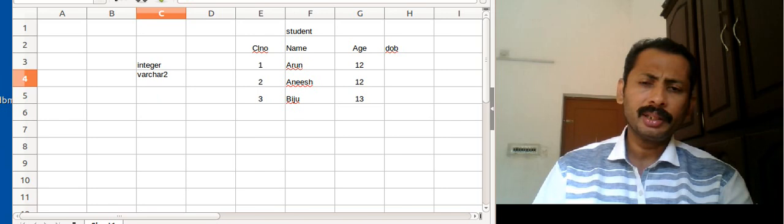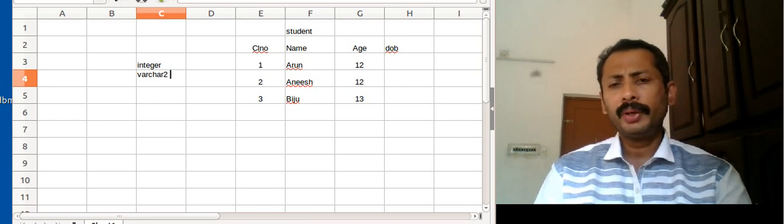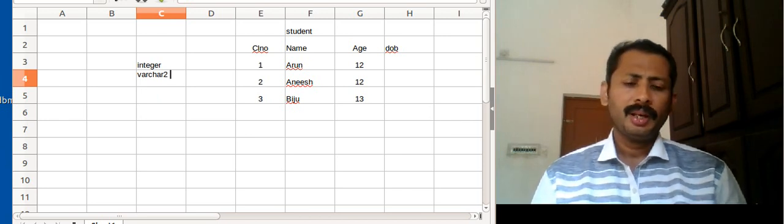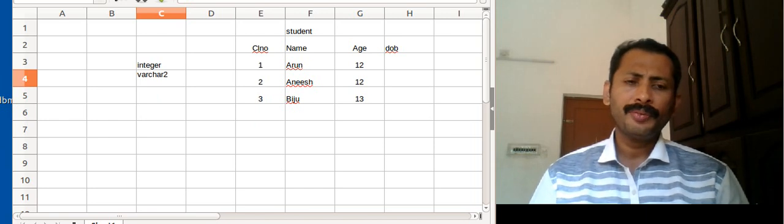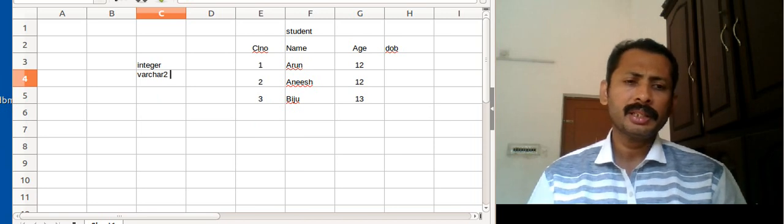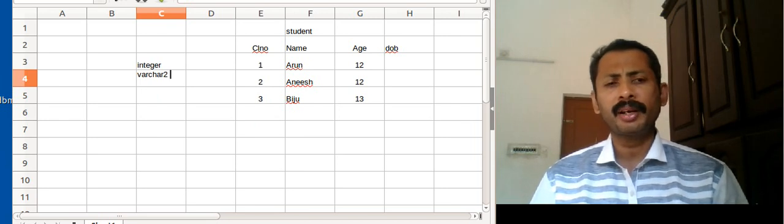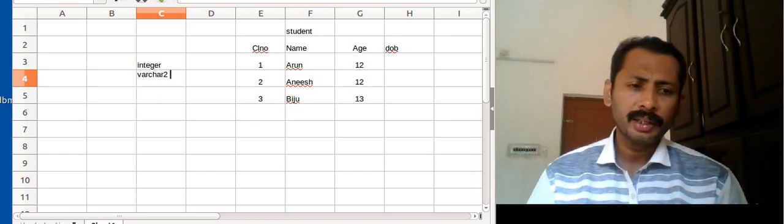So while creating that field, if I specify that it is a variable character field, the advantage is that in each row I will be storing different names, and the names will have different lengths. In the first row I am giving Arun, so only four letters are there. In the next row it is Anish, it is 5 letters. So the memory allocation will depend on the number of characters given in each row. That is a variable character. It is not character, it is variable character.